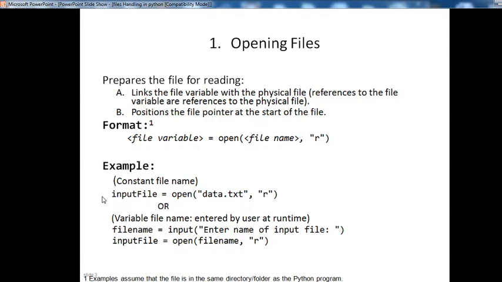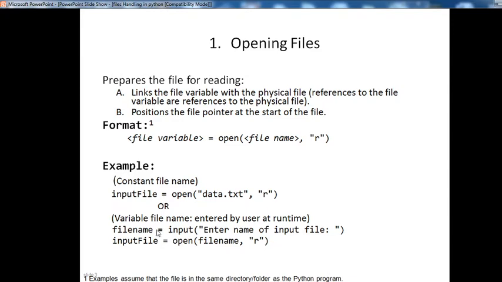You can assign a constant name for your file, using input file equals open data.txt R. Also you can use a variable file name entered by the user at runtime, and data can be read or stored from that particular file.